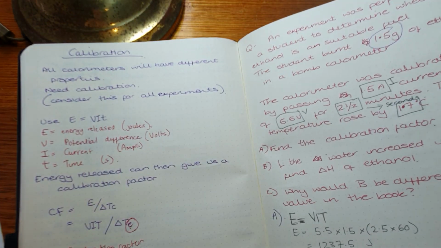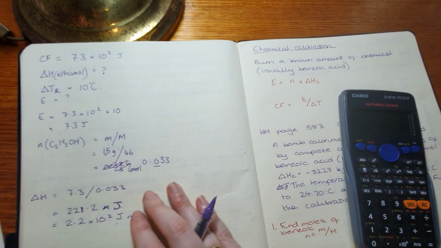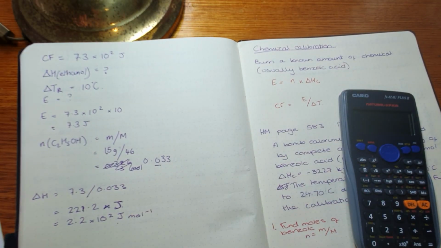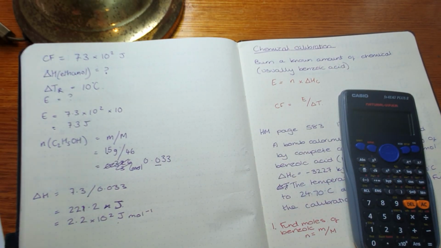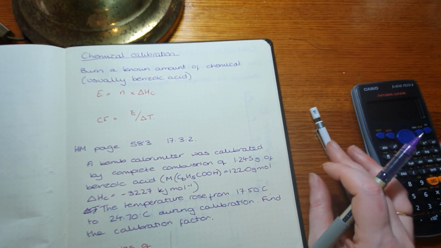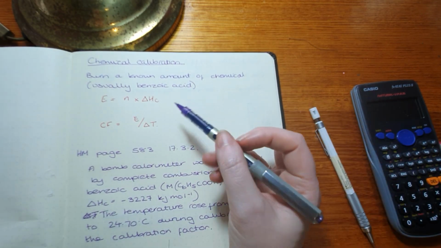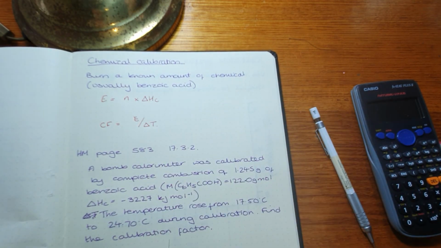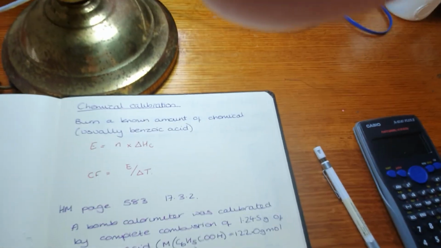There are some worked examples I put in that folder for you and you can look at them on Jack Plus, where they're going through a slightly different way of doing it, and they have done the maths beforehand, so they're not doing silly things like missing out decimal points. Then we can do chemical calibration. Chemical calibration is, well, when we burn a known amount of